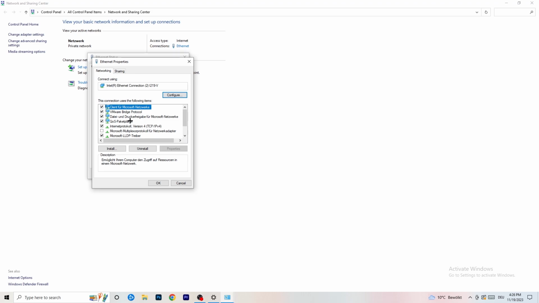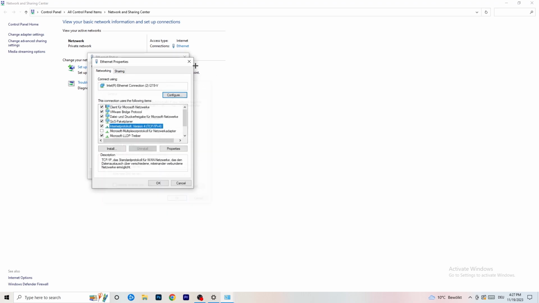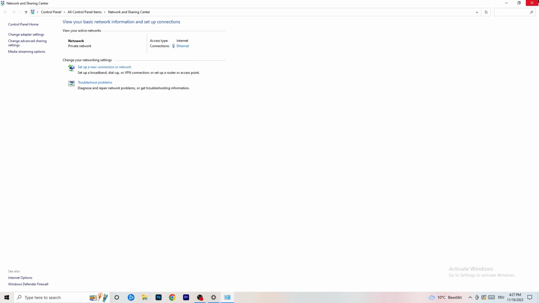Now you want to scroll down to Internet Protocol Version 4. Now I want you to go to use the following IP address. On the IP address, I want you to type in 8.8.8.8, four times 8, on the top here. And on the preferred DNS address, use the following DNS server address, you need to enable that, of course, to type it in. You need to Google it for yourself. Just Google your DNS server address and type it in, and afterwards click on apply and OK. So now you can close everything of that. Go back to your